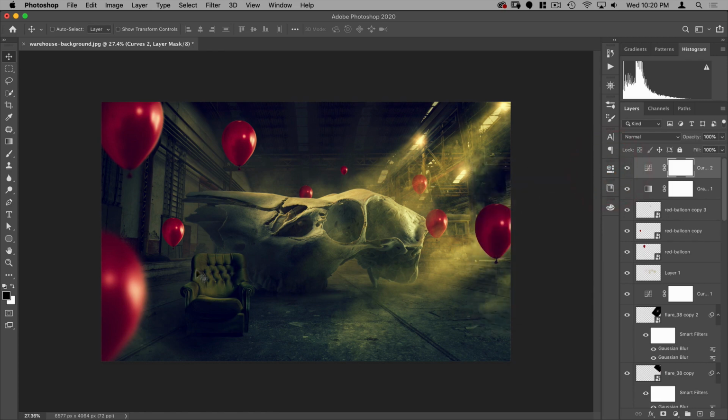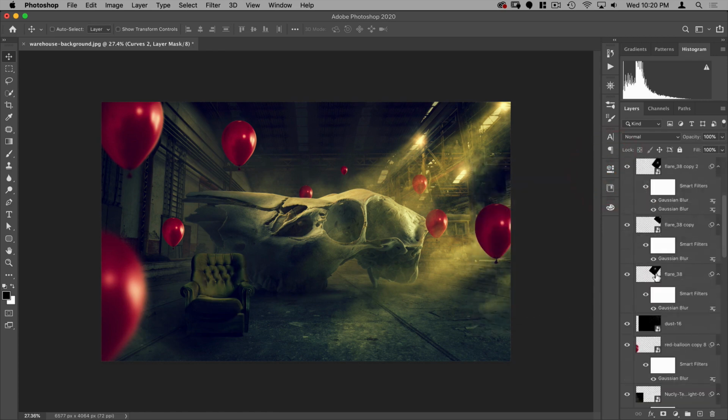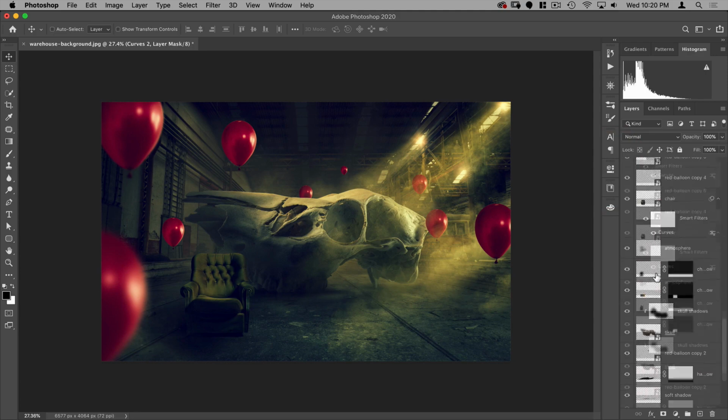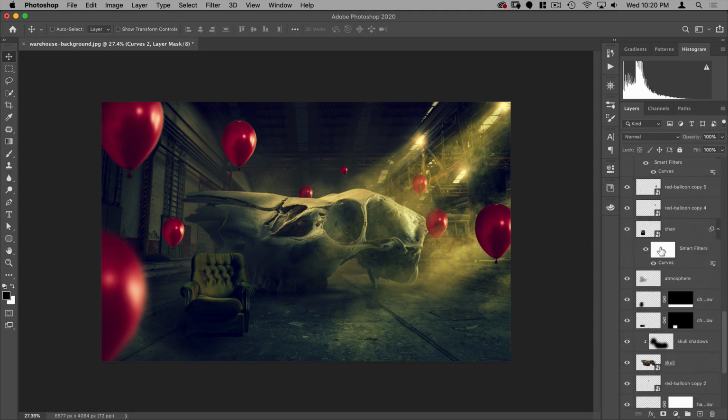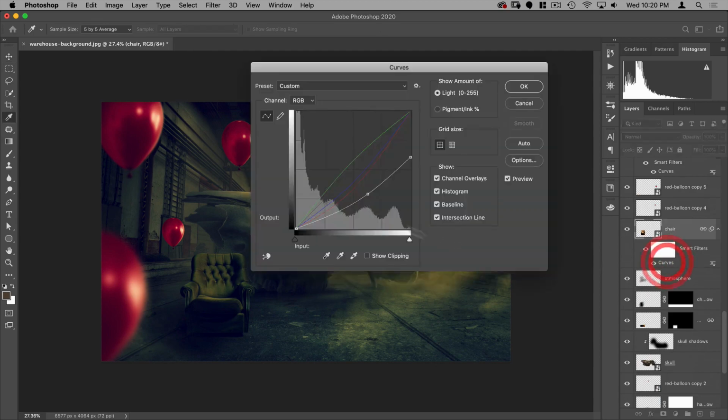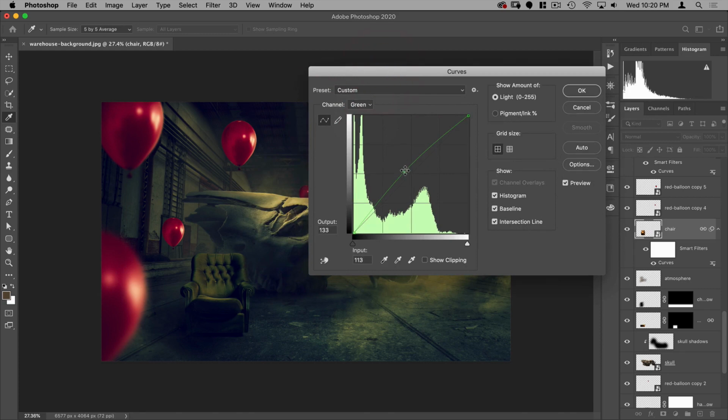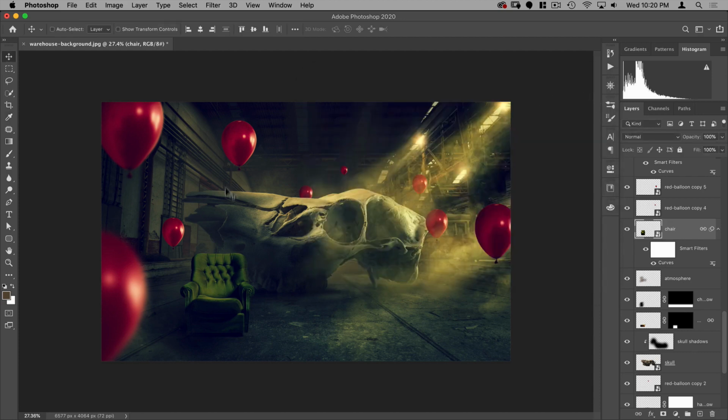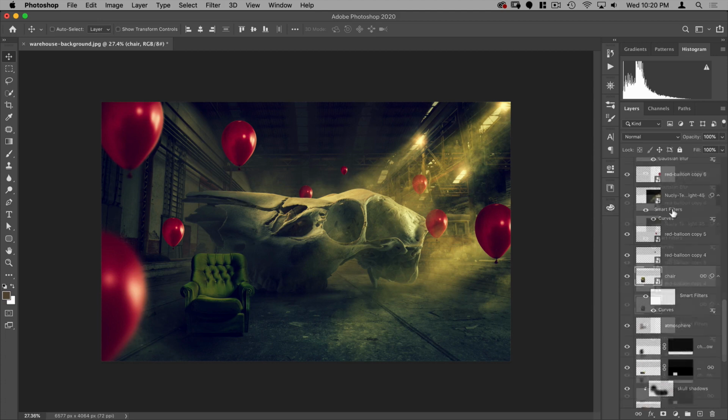Maybe what I want to do now is just make the green of the chair a little stronger. So let's go to our green chair layer and double click on the curve here and just adjust it a little bit more. So let's go to our green channel, bring that up a little bit. Just make this a little stronger of a green color, maybe a little more yellow too. And I think that nicely contrasts with the red balloons. I'm pretty happy with that. And next,